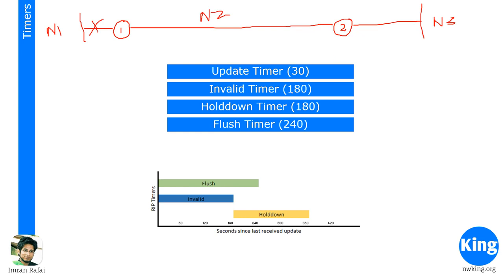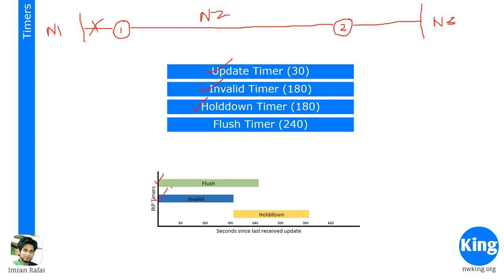So this is what the timers are. So we have the update timer every 30 seconds, then we have the invalid timer which runs every 180 seconds. That is the timer it is going to wait until a new update comes for that router. If it doesn't come, it's going to put that network into a hold down state, and a hold down timer of 180 seconds starts. But with this invalid timer, another timer called the flush timer, you can see it here,